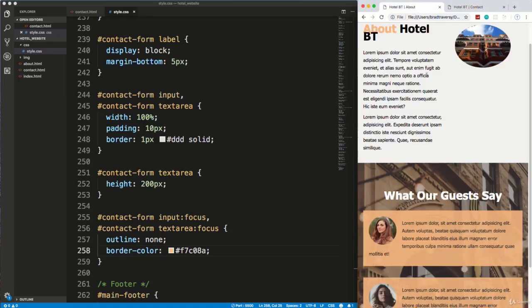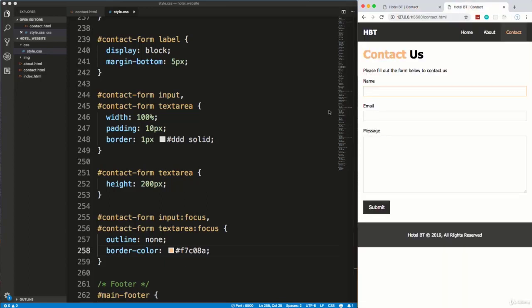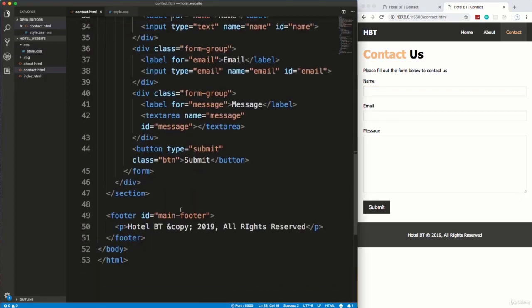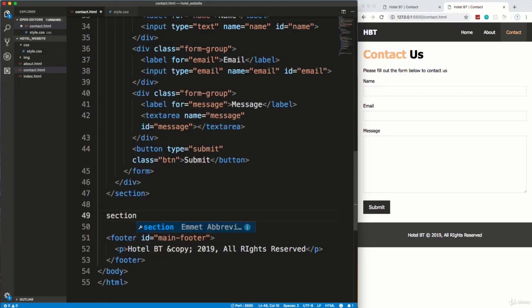So the next part we have is this part right here with the icons, and this is going to resemble the boxes on the home page. We're actually going to use the box class. So let's head over to contact HTML and let's create our section. We'll give it an ID of contact-info,